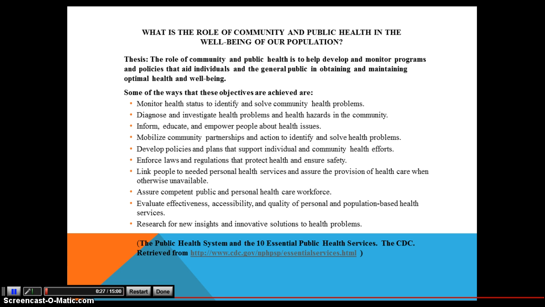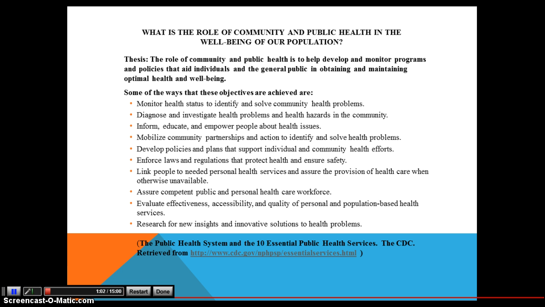Some of the ways that these objectives are achieved are: monitor health status to identify and solve community health problems, diagnose and investigate health problems and health hazards in the community, inform, educate, and empower people about health issues, mobilize community partnerships and action to identify and solve health problems, develop policies and plans that support individual and community health efforts, enforce laws and regulations that protect health and ensure safety, link people to needed personal health services, and ensure